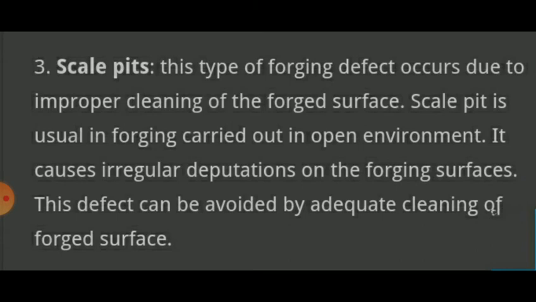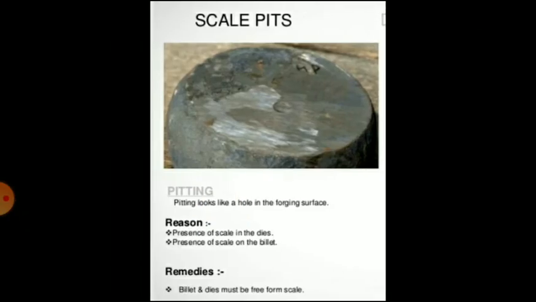The next defect is scale pits. This type of forging defect occurs due to improper cleaning of the forged surface. Scale pit is usual in forging carried out in an open environment. It causes irregular depressions on the forging surfaces. This defect can be avoided by adequate cleaning of the forged surface. So you can see